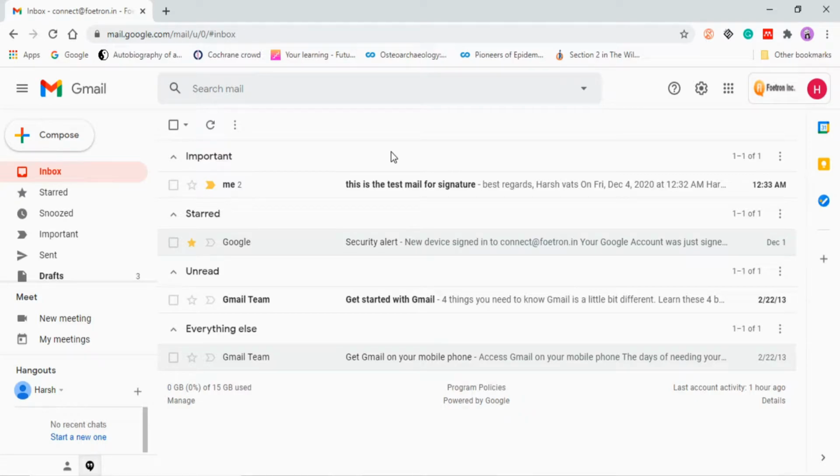Now we are in the Gmail account. So we have to set up a forwarding service. So how can we do that? Before going any further, I will tell you what forwarding is.